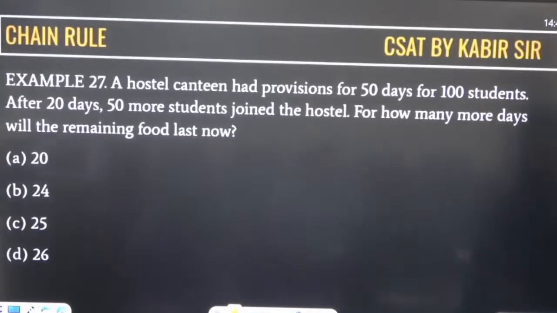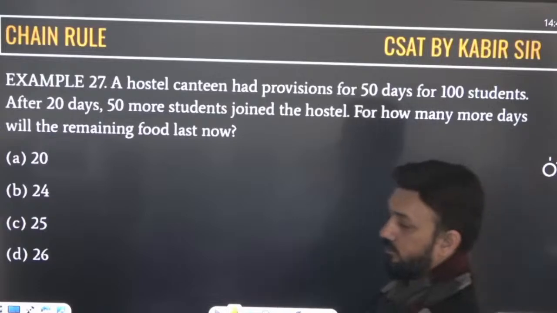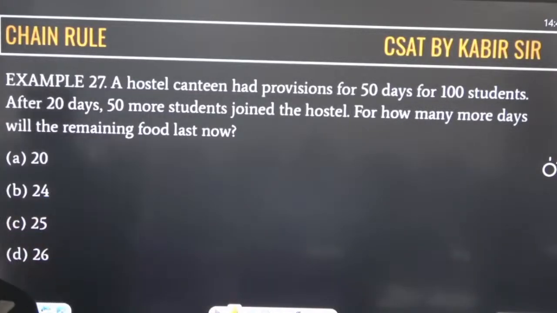On to the next question. A hostel canteen had provision for 50 days for 100 students. After 20 days, 50 more students join the hostel. For how many more days will the remaining food last? Now,